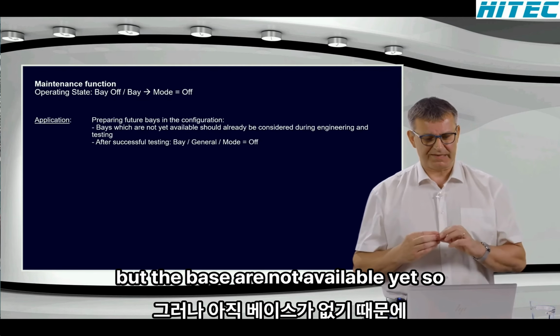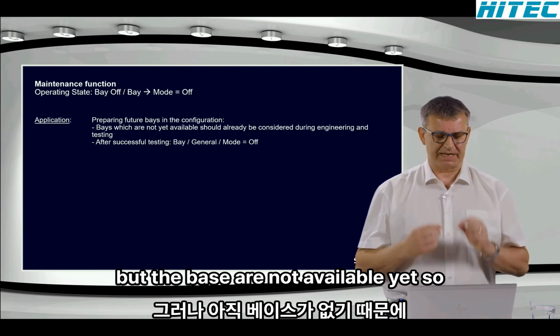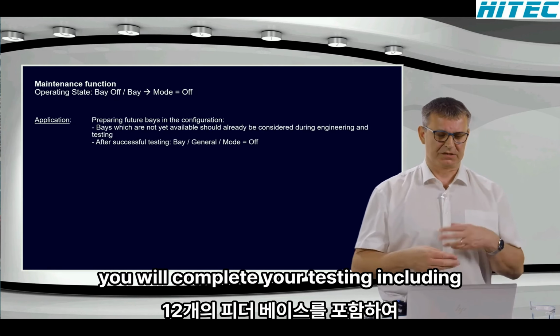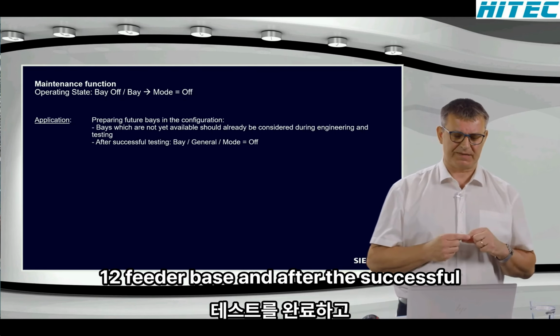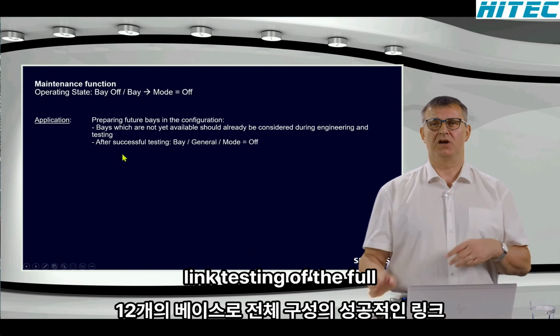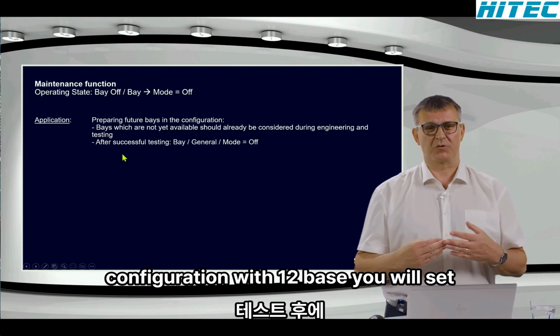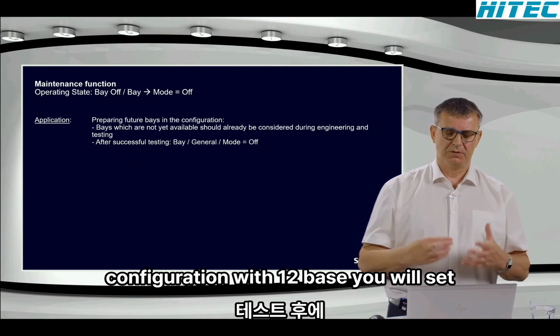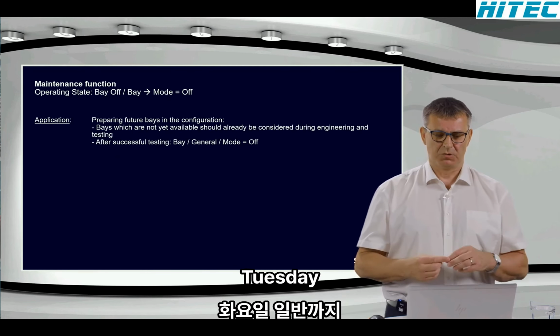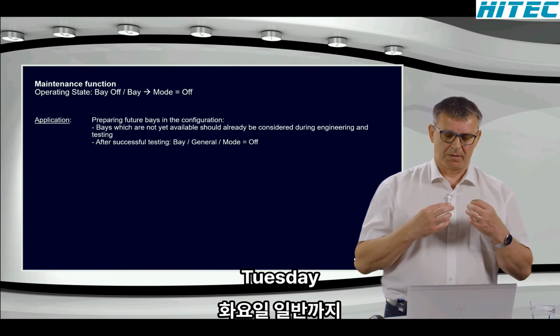But the bays are not available yet. So you will complete your testing, including the 12 feeder bays. And after the successful testing of the full configuration with 12 bays, you will set the bays which are not available yet to the general, to the